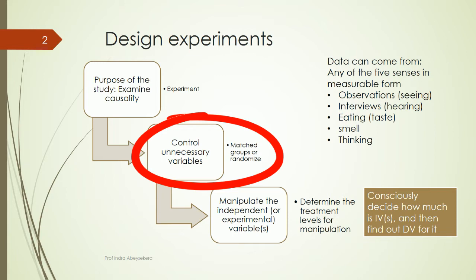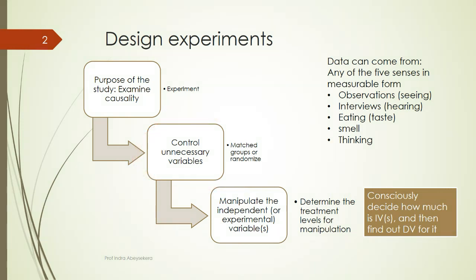But if we know the uncontrolled variables that influence, we match those uncontrolled variables in the control group and in the treatment groups. But if we don't know, then we randomly choose subjects so that the effect of uncontrolled variables are equivalent in all groups. So we can collect data for experiments using the 5 senses: observations, interviews, taste, smell,